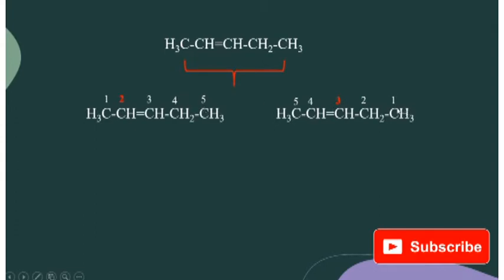Or this way. I will number this CH3 as first, then CH2, CH, then this one. I have done the red mark for this carbon because it is a substituted one with a double bond, and this one, third one. So out of these two, which is the correct one? As the note says, the substituted carbon should get the lowest number. So this is the second one and this is the third. So this one is the correct one. Okay, so this is the correct numbering.